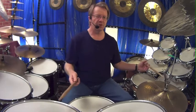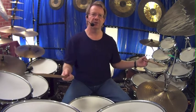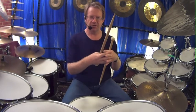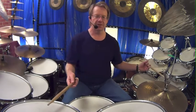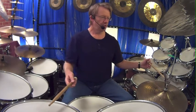called counterpoint drumming, where you split yourself in two, and the term counterpoint is the art of intertwining two separate melodies. We might know it better as a twin lead guitar a la Metallica or something like that. So if we just take sticks like this and just put them on two separate drums,